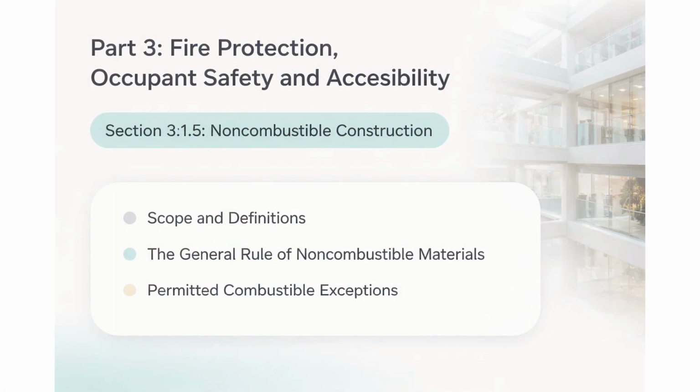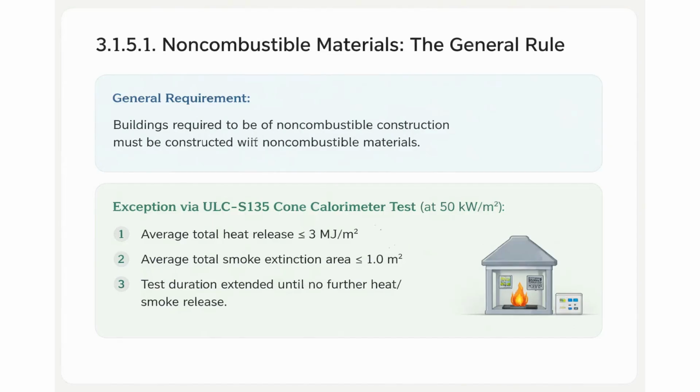Welcome to our detailed exploration of Part 3 of the National Building Code of Canada, focusing on fire protection, occupant safety, and accessibility. In this first batch, we are going to dive deep into Section 3.1.5, which covers non-combustible construction. We will look at the general rules and, more importantly, the specific, highly regulated exceptions where combustible materials are actually permitted in these buildings. Let us start with the fundamental rule in Article